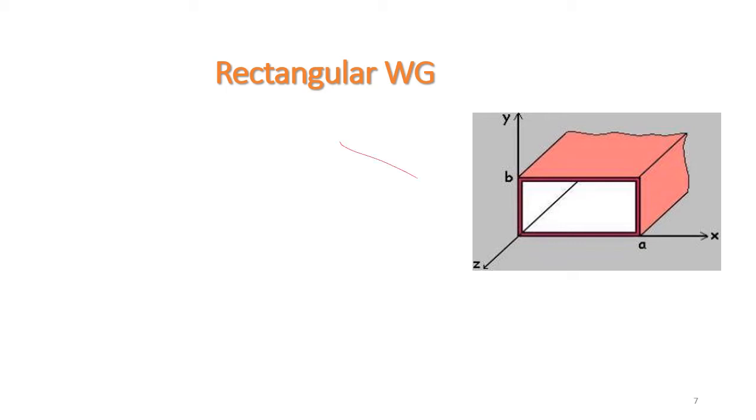Now see, we input the signal to the waveguide with the help of a coaxial cable, by using a coaxial adapter. We know that a coaxial cable has a central conductor. So we have to insert the central conductor of the coaxial cable inside this waveguide. The signal is inputted with the help of this central conductor.